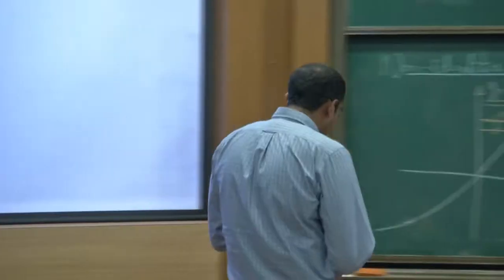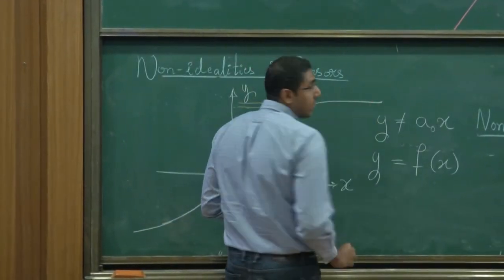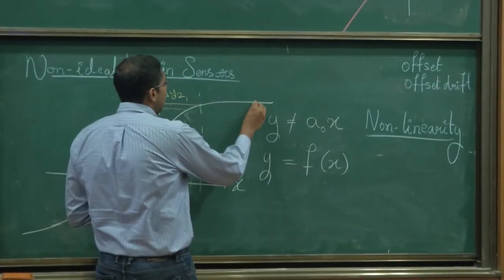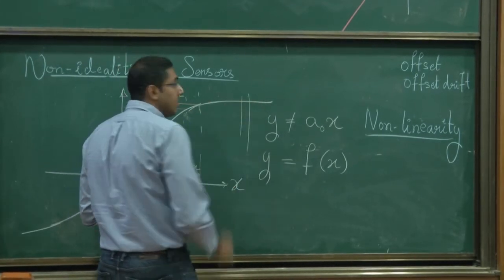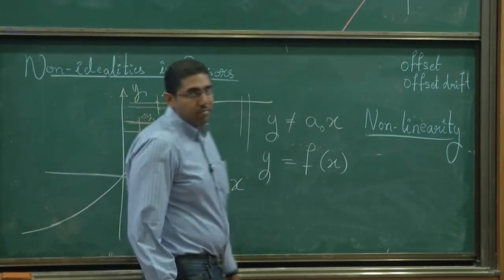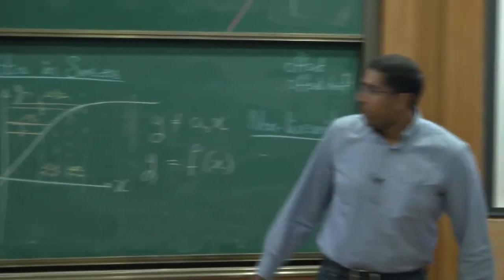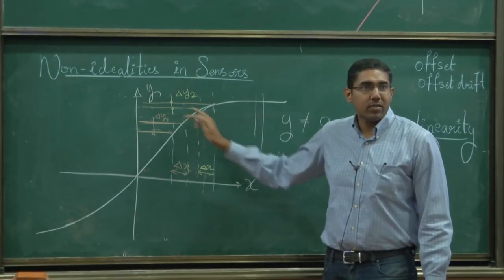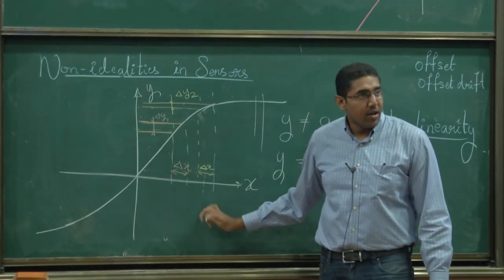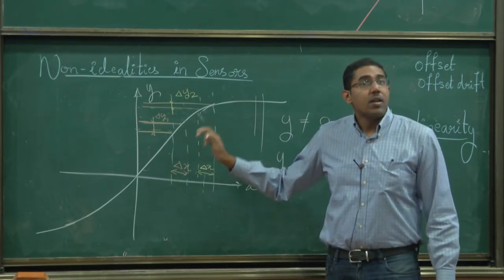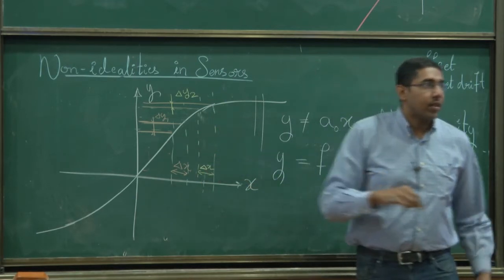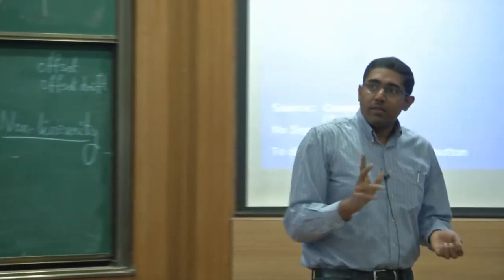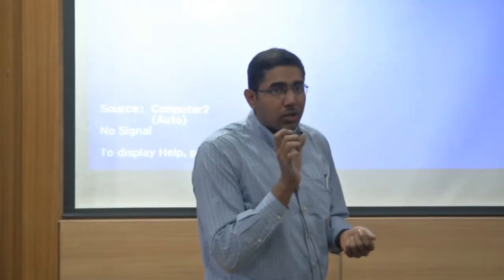Yeah, that's it. That won't be sensing anymore, right? So the point is, let's say this becomes like that. It has already saturated and your delta x is here, delta y is 0, then it's not even sensing. But I am talking of the place where it is sensing. It is still sensing here. You are seeing a change in output for a change in input, but the change is not the same, right? Less or more depends on where you are operating, but it's not the same.